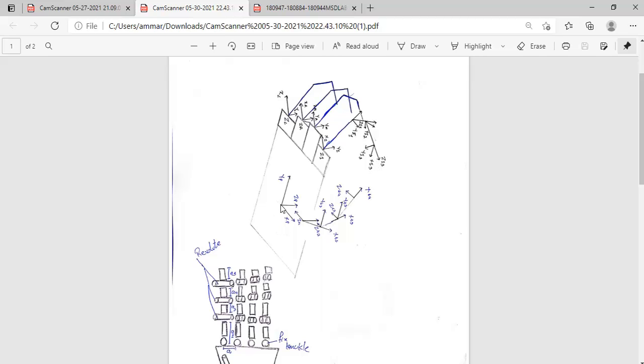So this represents the palm center, which represents our origin. We have chosen our origin at the center of our palm, and we will be describing each of the frames of each of the fingers according to our origin. So this is the base of each of the fingers, and this frame represents the end.